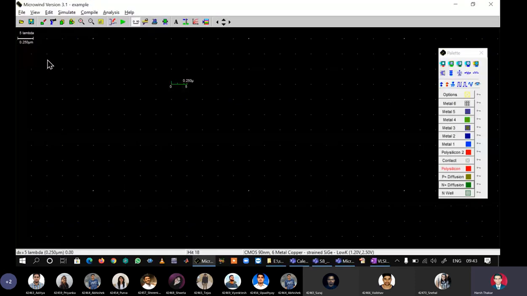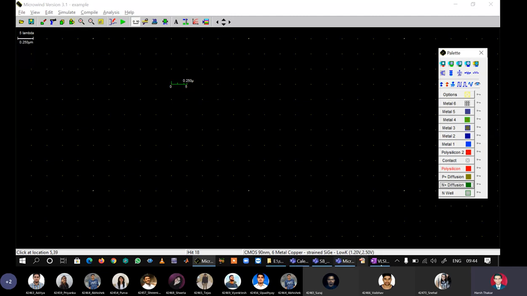Tool GUI. Please see this. I already told you this is called a title bar. This is the menu bar: file, view, edit up to help. This is called the icon bar. This is the workspace. This is the target technology indication in the top left corner. What is at the bottommost part of the GUI is called the task bar, and this is called a palette of layers. So the GUI of the tool contains nothing but these things which I just told you. It's very, very simple.